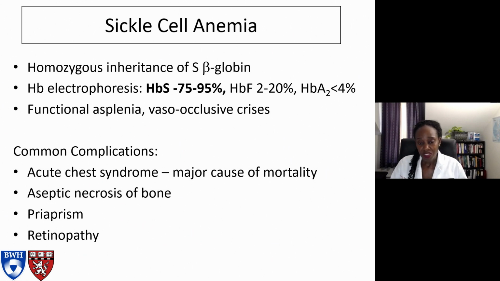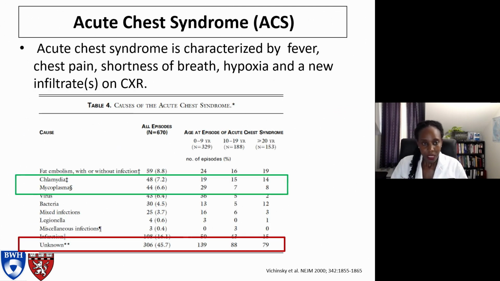Acute chest syndrome is a major cause of mortality and so needs to be identified swiftly. I'm showing this table from a randomized trial on patients who had acute chest syndrome. Acute chest syndrome is characterized by fever, chest pain, shortness of breath, hypoxia, and new infiltrates on the chest x-ray. I show this table just to point out that although the objectives of this trial